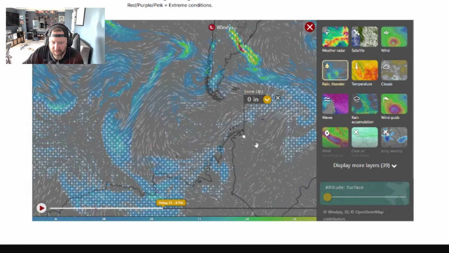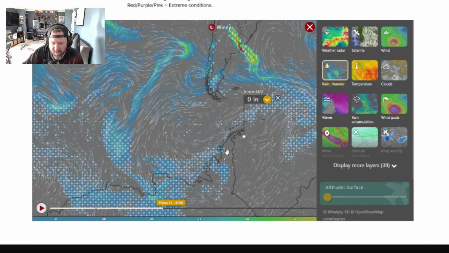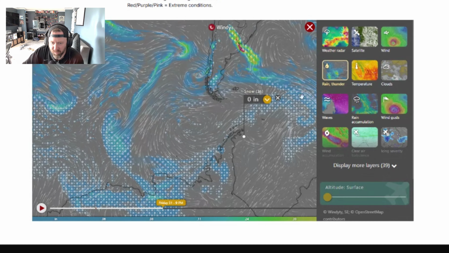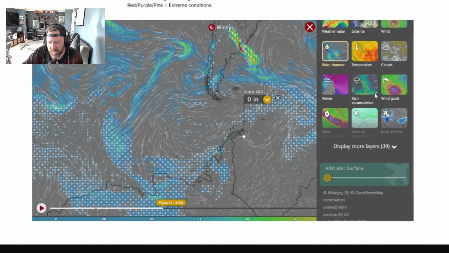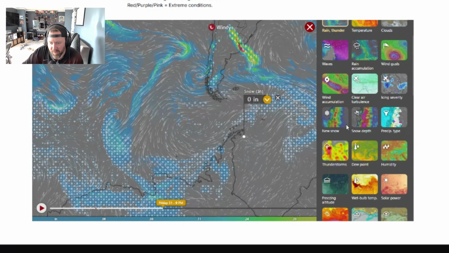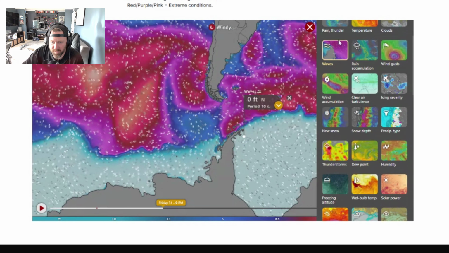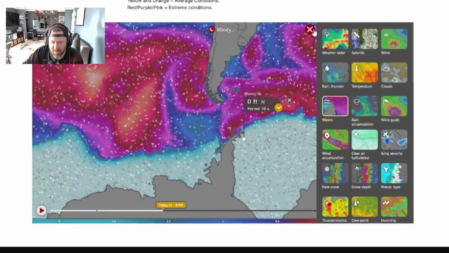Rain and thunder you can look at. You can expect to see snow, because we're obviously in winter in Antarctica. This is reliable enough, but I don't really look too much at it. But if we've got all this stuff here, we start looking at wind gusts. We've got our waves. Waves are also something that we really take into consideration when we're looking at